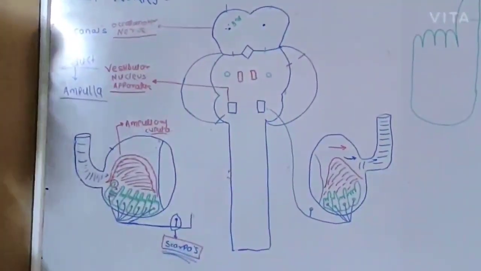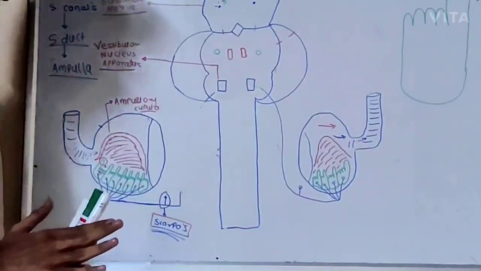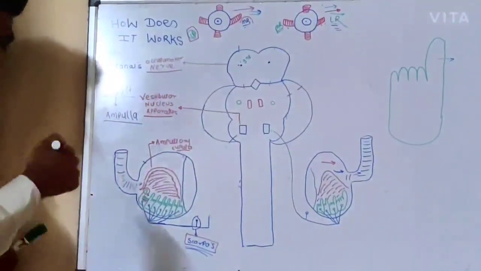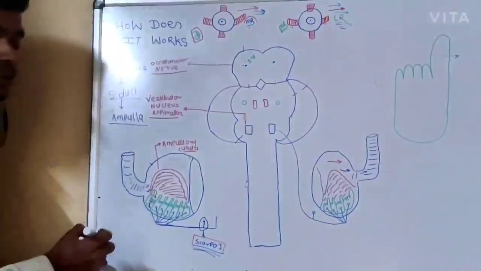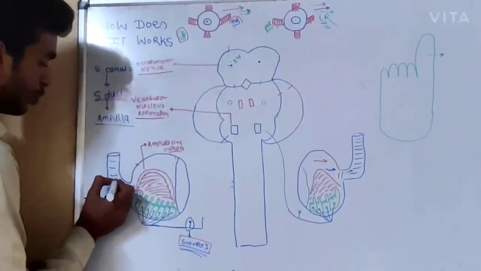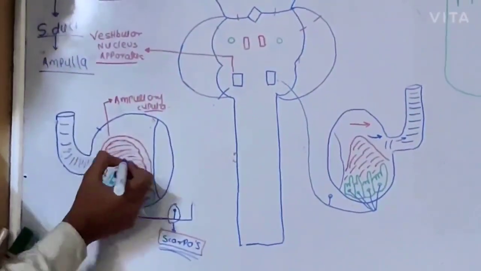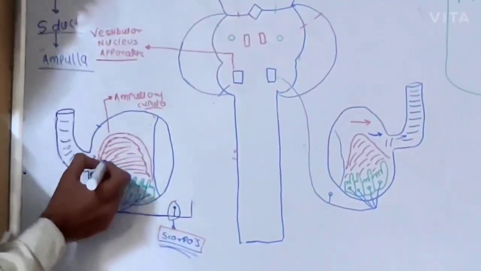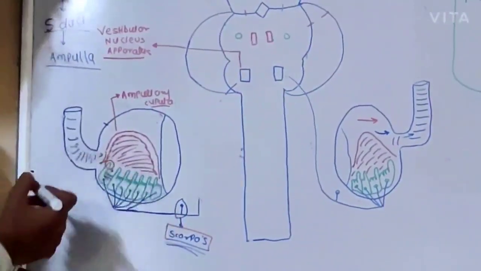Now let us know the actual pathway. Let us consider a steady person. When he suddenly moves his head, due to that sudden movement the endolymph is going to move due to inertial motion. Now due to this inertial motion, what will happen? This endolymph will strike on the ampullary cupula, and due to this strike, the kinocilium will move towards the stereocilia.